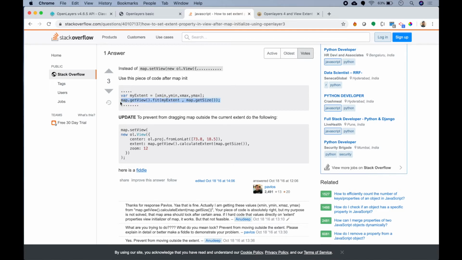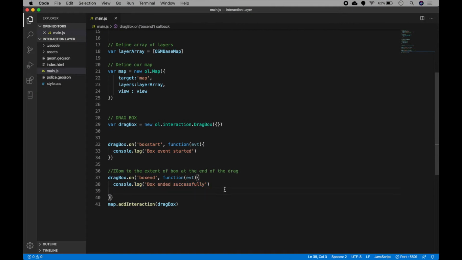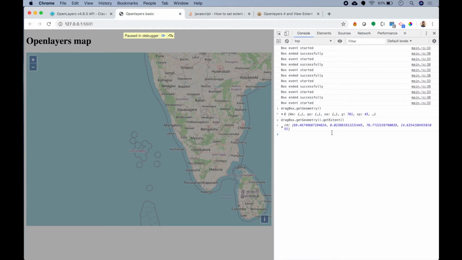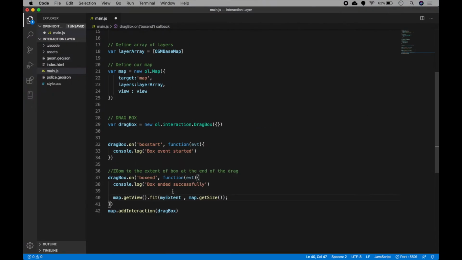So I can simply copy it and put it in my box end event, and instead of my extent I will simply put this. Alright, so I think I've got it all covered.